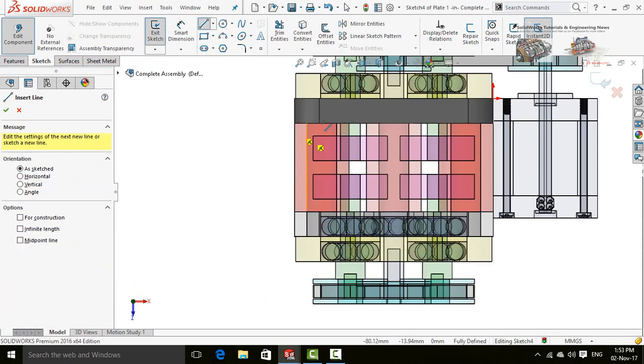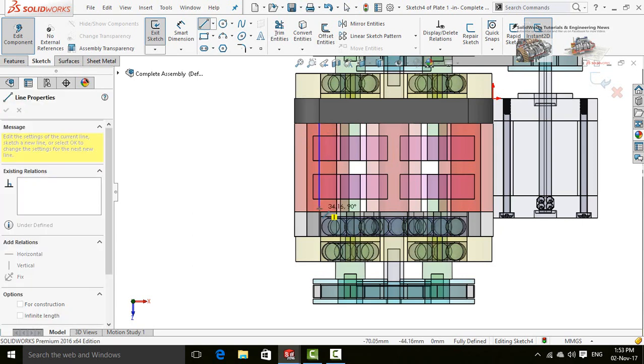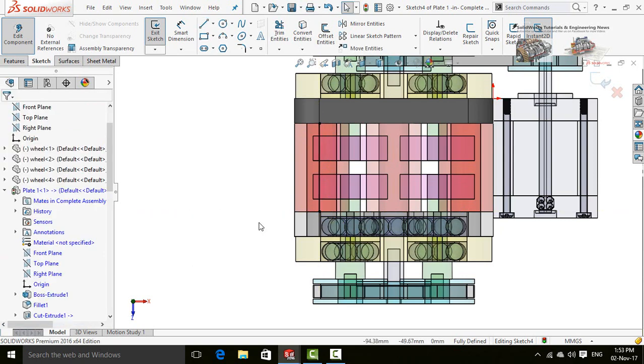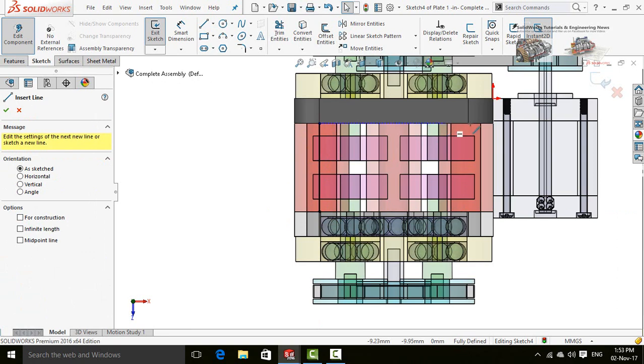Draw a line and start it from this point to this point. Again one another line.